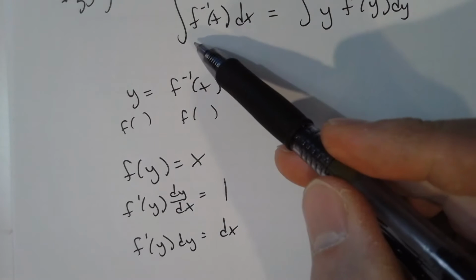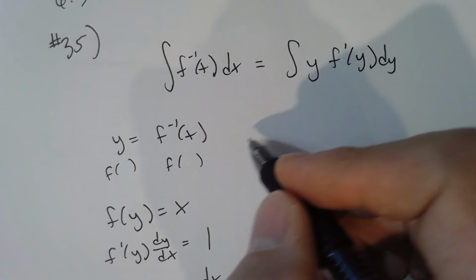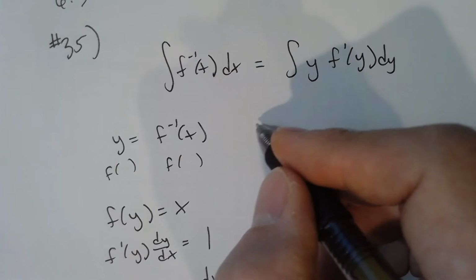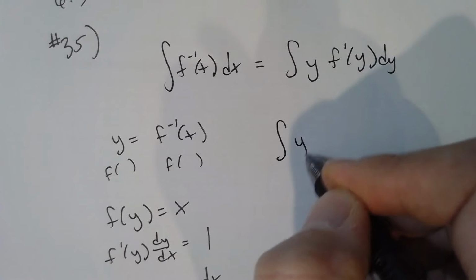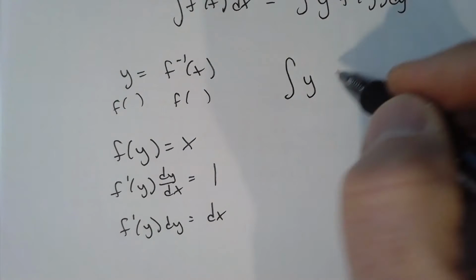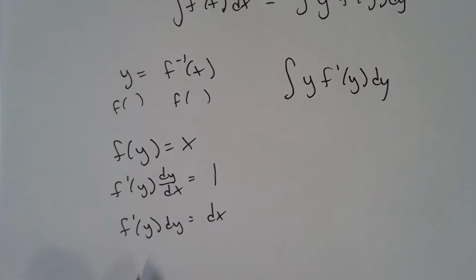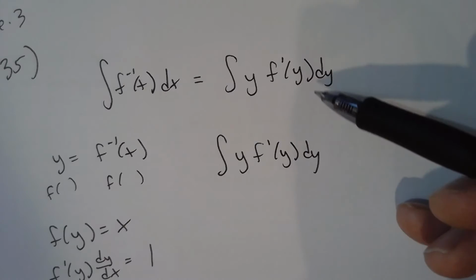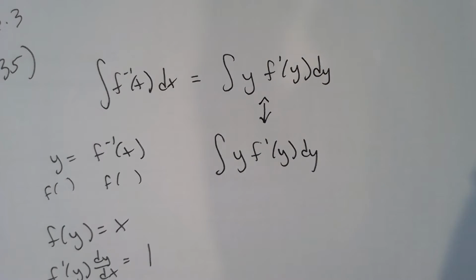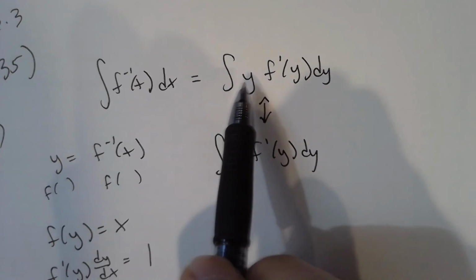So back to what we're trying to figure out, this. It's the integral of f inverse of x, which is y, times dx, which is f prime of y dy, right here, and that's what we got. So part A complete. We showed that this integral is equal to this,